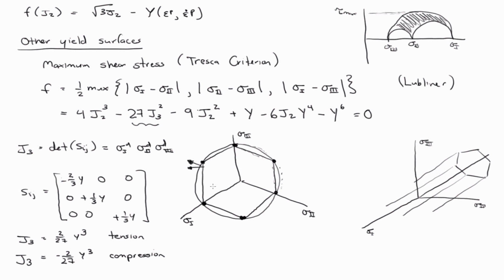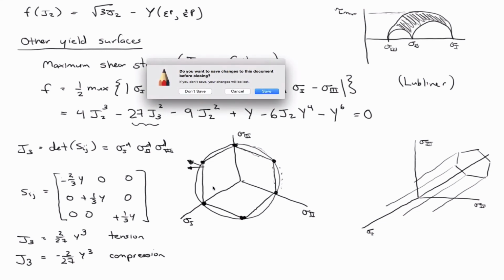Because otherwise you're going to have a very complicated return algorithm to deal with these sharp corners in the Tresca model. Whereas in the J2 model, it's very easy. It's just a radial return algorithm. Okay, so those models